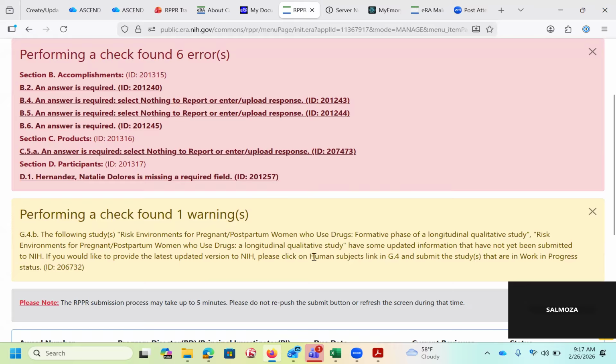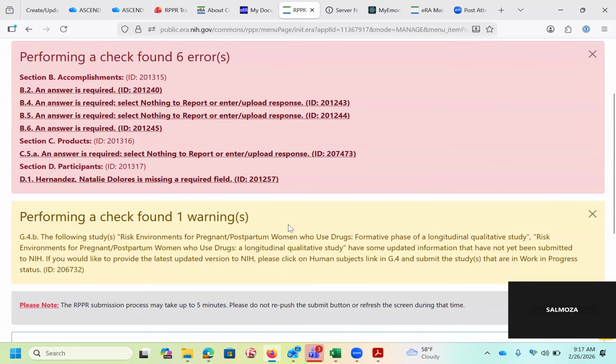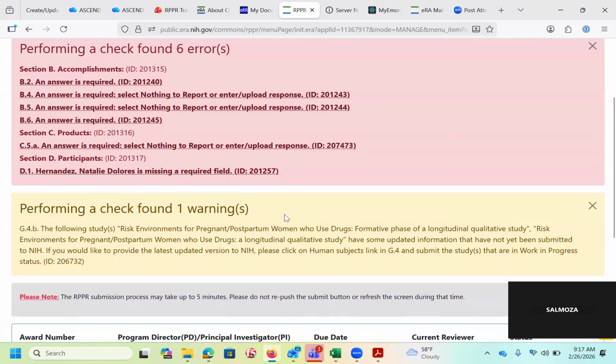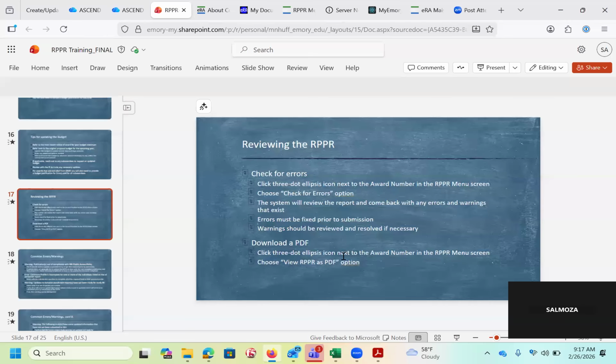Anything in the yellow is a warning. You need to review the warning. Sometimes the warning is fine and you can disregard it. Other times you will want to resolve it because something's not right with your RPPR. So address all the errors, review warnings, and address those that need to be addressed. And then